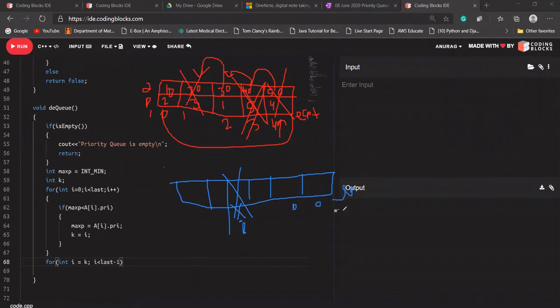So it should go while i is less than last minus 1, up to here only, because at this point I'm going to replace, let's say this is index 3, index 3 with index 4. Let's say here I'm having 11, so 11 will be stored here and we will decrement our last pointer. Now last will point to this node. Okay, I hope it is clear now why I'm writing i is less than last minus 1.